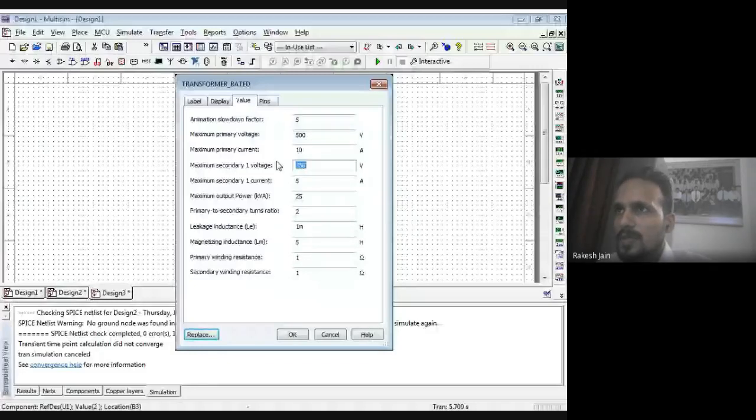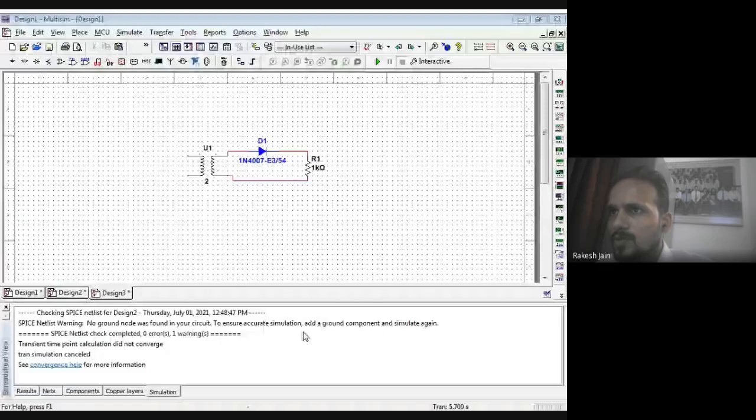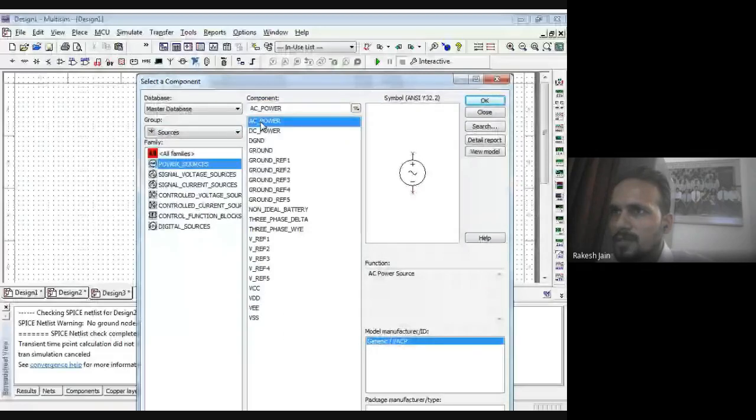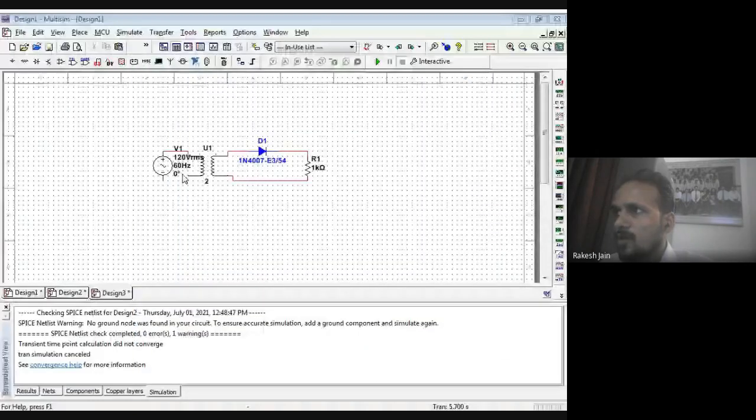So the input is connected with the power source of AC. So AC connected with this. The oscilloscope is connected at the output. Now see the result. So you will see a perfect waveform at the output.